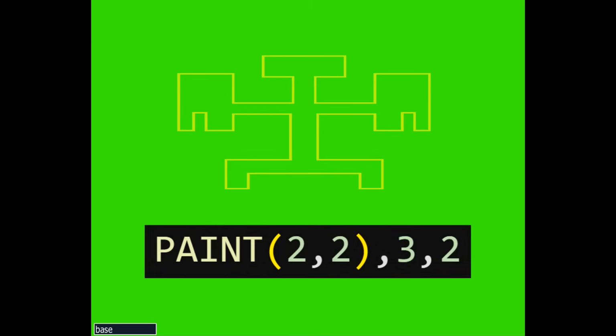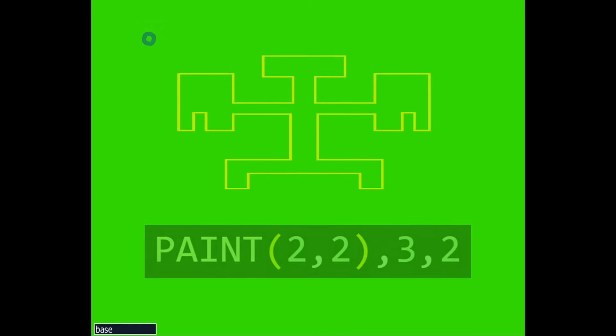For our example, this is the screen that we're going to paint on, and this is the command we'll use to paint. We'll start at coordinate 2, 2, which is right here. Our paint color will be blue, and our border color will be yellow. So we're going to start outside the figure, and we'll expect that by the time we're done, we'll have painted blue around the whole figure, but not inside. So to get started, we run the PaintLine starting at 2, 2.